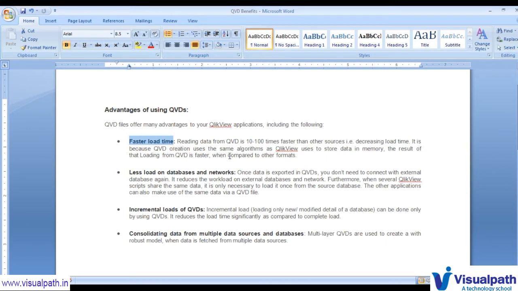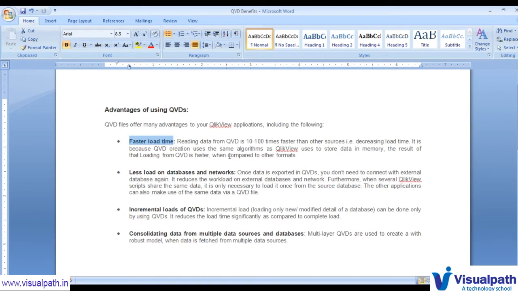So when you are creating a second application for the main dashboard, and you are taking those 300 MB of data to your dashboard and sharing that to your users, then that will load faster. Because instead of loading 1 GB of data into a single application, you created two applications, you compress the data by using a QVD, and that's why the faster load time will come. So whenever the end users are using your application, they will feel a faster application.